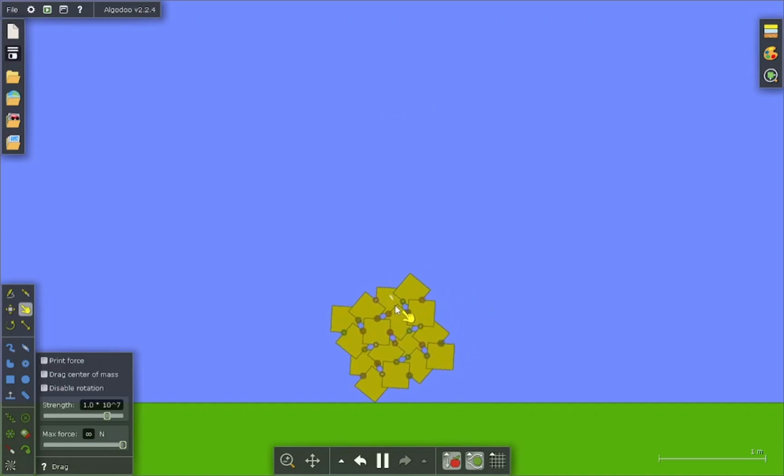Oh, look at this. Oh, it shape shifted. Oh, it looks cool. It really is a cool thing. You see,